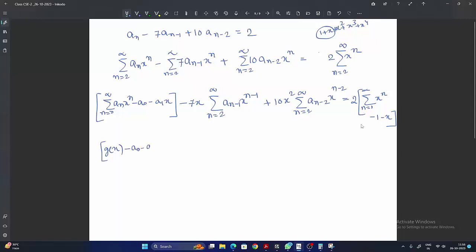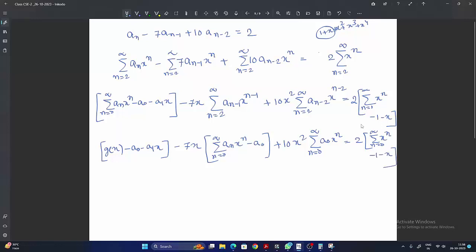माइनस a0 माइनस a1 x माइनस 7 ऑफ x इंटू, यहाँ पर भी सेम केस, तो n is equal to 2 मतलब a1 होगा x a1 x, तो a0 मिसिंग है, n is equal to 0 to infinity a n x to the power n माइनस a0 मिसिंग देना है पहले प्रॉब्लम के जैसा, और 10x square, ये एक्चुअली सब कुछ यहाँ पर ही है, तो summation n is equal to 0 to infinity, इसको तुम a0 x to the power n लिख सकते हो, और इज इक्वल टू ये 2 हो गया, और ये summation n is equal to 0 to infinity x to the power n माइनस ऑफ 1 माइनस ऑफ x हो गया। तो ये g(x) माइनस a0 माइनस a1 x माइनस 7x इंटू g of x माइनस a0 प्लस 10x square इंटू g(x) इज इक्वल टू 2 इंटू,